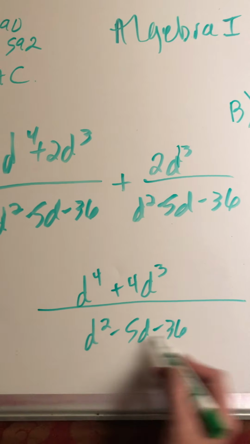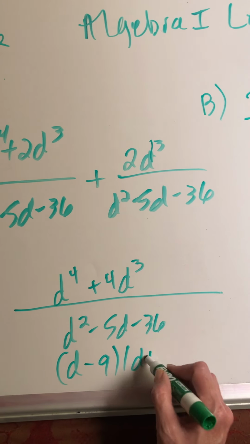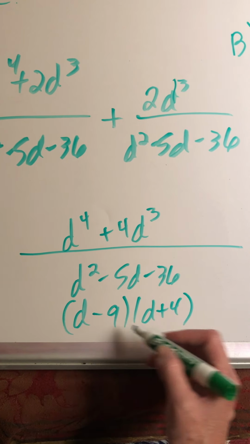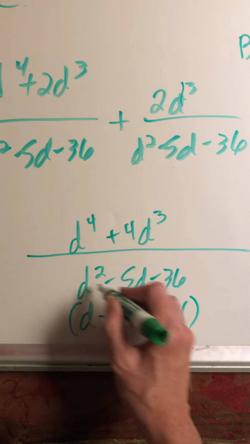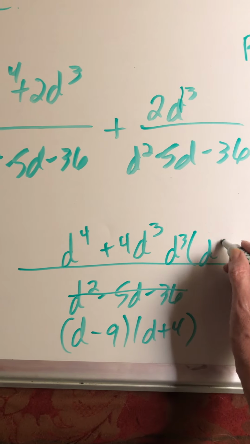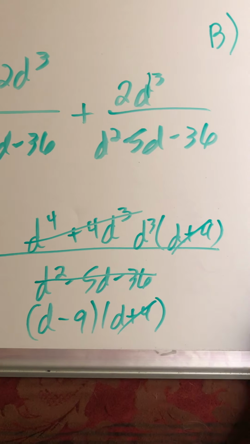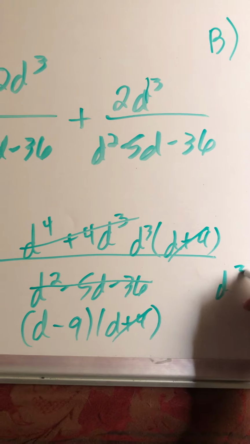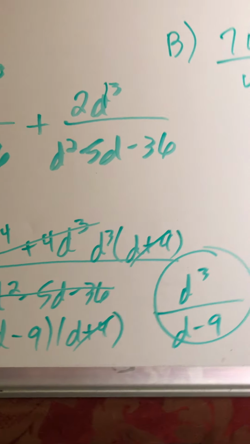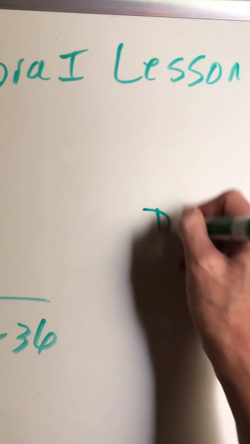Okay, so then factor the denominator, which factors into d minus 9 times d plus 4, because the factors of negative 36 are negative 9 and 4, and when I combine them I get negative 5. And then factoring the numerator, you can take a d cubed out and you have d plus 4. So d plus 4 cancels. You're left with d cubed over d minus 9. Then on D,